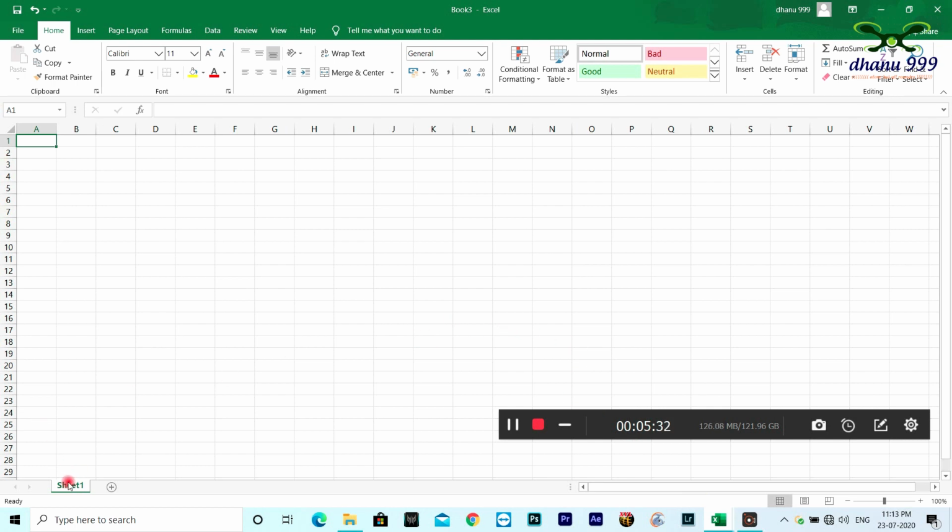On the left hand side there is Sheet 1. If you press the plus button here, we can get Sheet 2. Again if you press, Sheet 3. If I don't want Sheet 2, I can right click on Sheet 2 and I can delete or hide, anything we can do. But I said I don't want this anymore, so we can delete. Here we get Sheet 1 and Sheet 3. Again I need to delete. Like this we can delete Sheet 1, Sheet 3 and everything.